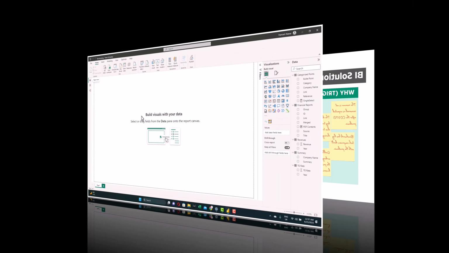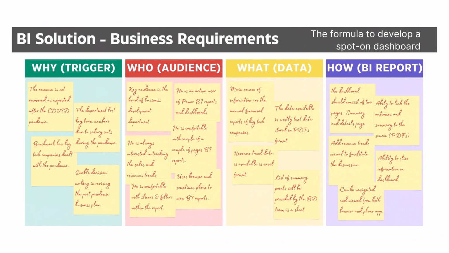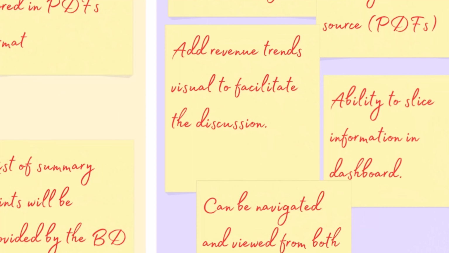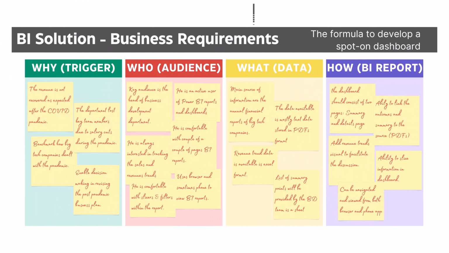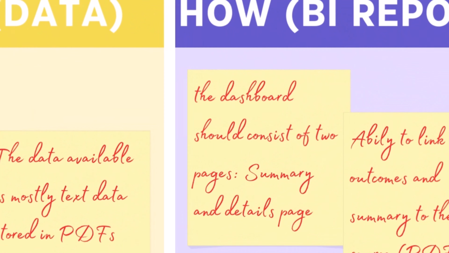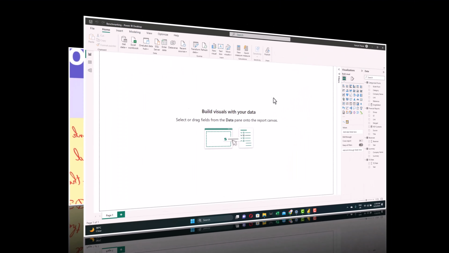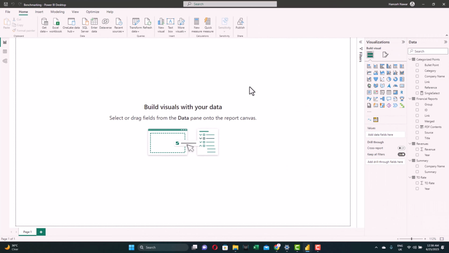The idea is, based on our research for our scenario, we found out our main audience, the business development head, is always interested in seeing these trends. For this reason, we'll use them in the dashboard. Also, based on our research about our audience, we found out that we need to have a summary page that shows an executive summary and also a detailed page. For this reason, we'll develop this dashboard to have two pages. One, a summary page, we'll name it summary,